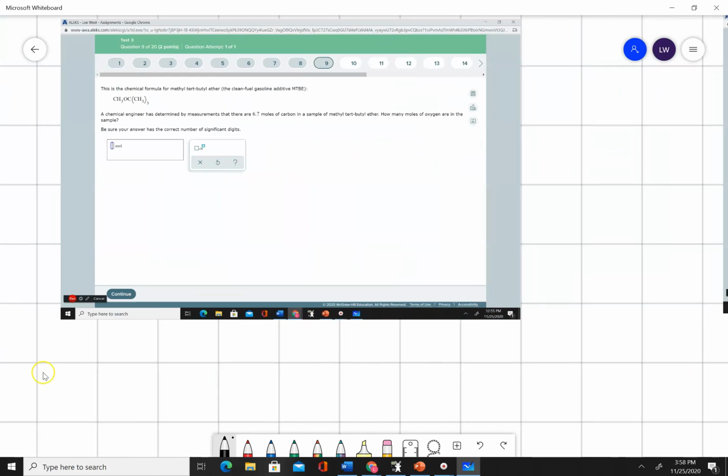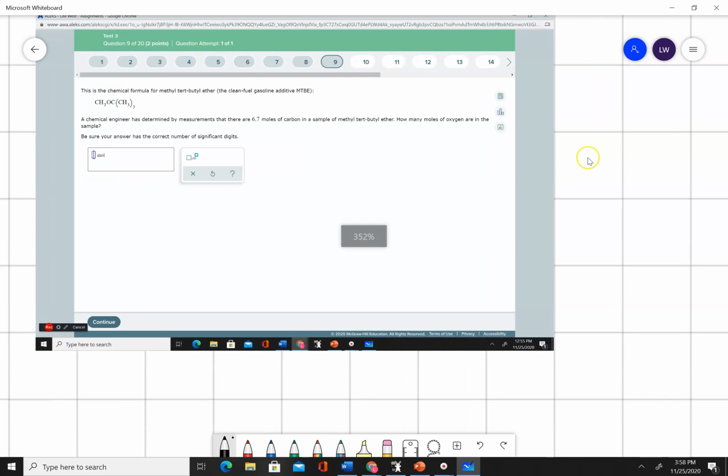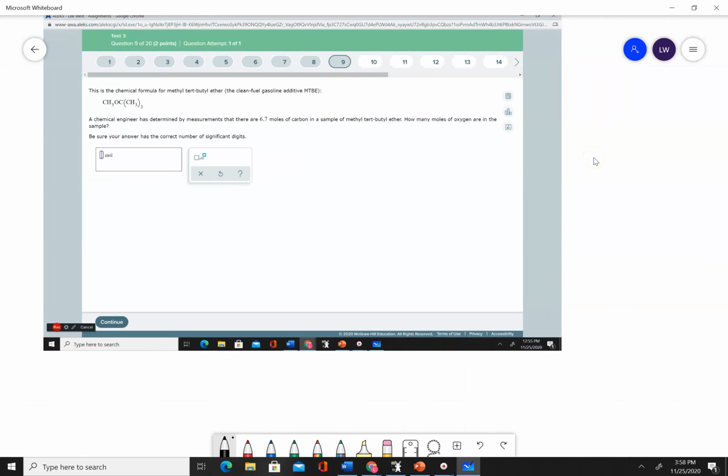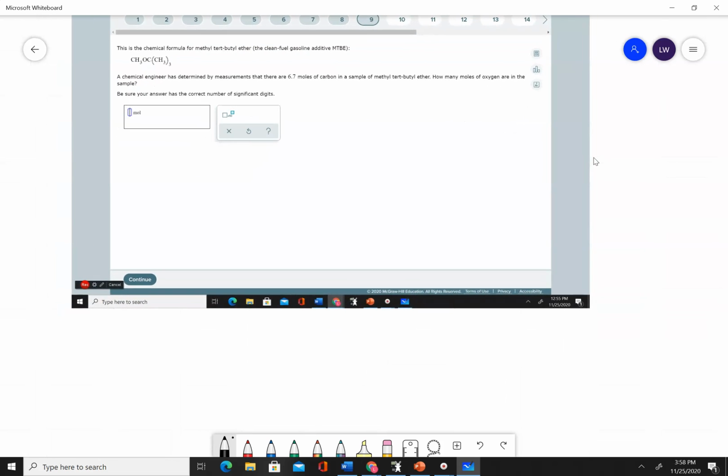On to question 9. Okay, what have we got here? The chemical formula for methyl tert butyl ether, the clean fuel gasoline additive MTBE, is given to us, and it's written in an interesting way. Let's break the formula down. How many carbons have we got? We've got 2 out the front of the parentheses, and then another 3 times 1, so 2 plus 3, we've got 5